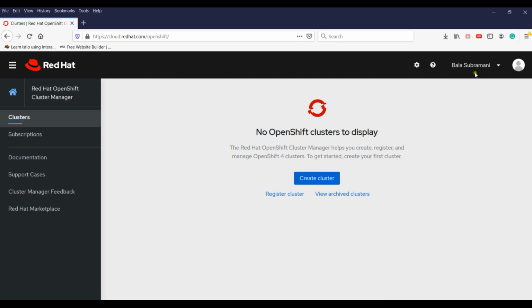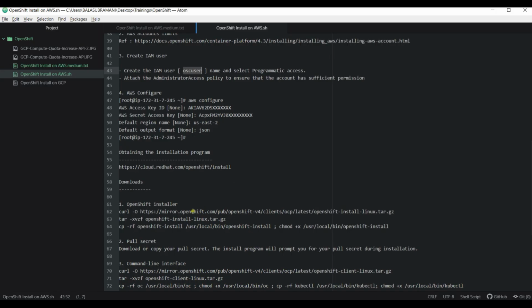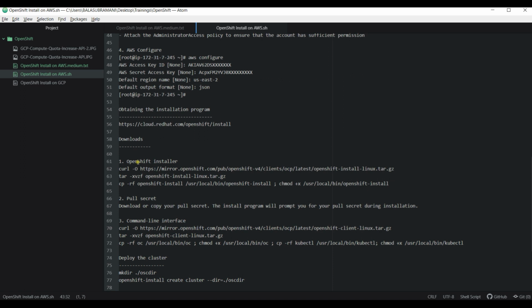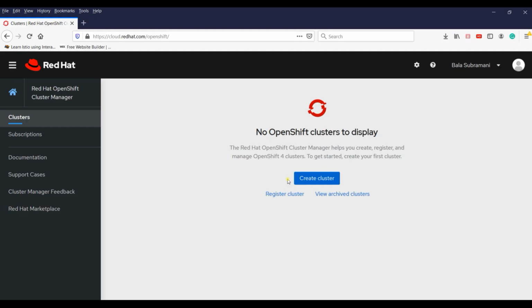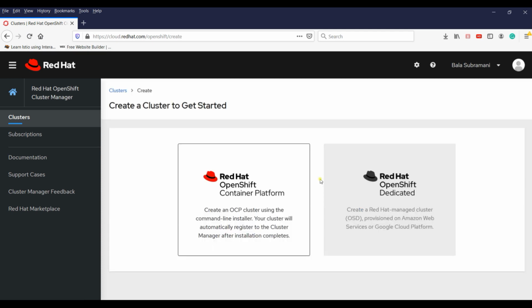Since it's taken from cache, I have logged in to the OpenShift.com website, that is the Red Hat website, and in the cluster manager it's showing empty. I don't have any cluster created as of now, so I'm going to create a cluster. For that we're going to download a few things from the OpenShift installer. So I'm clicking create cluster.